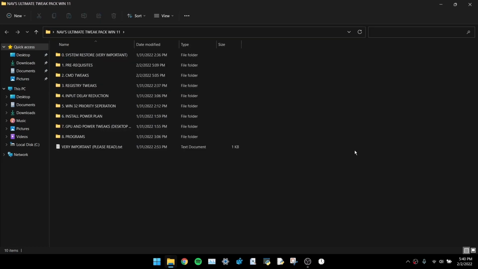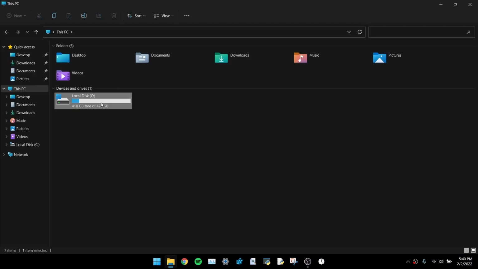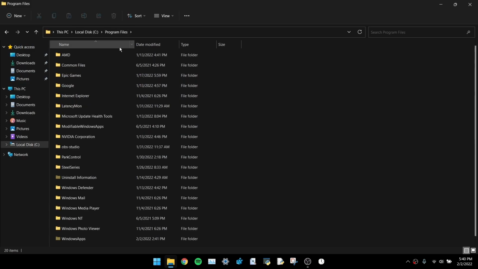So now that we're done with the tweak pack, guys, you can close this folder, and now there are some extra tweaks which I'm going to tell you, and you can apply them as well. So open your file explorer, go to C drive, basically go to where your game is installed. Mine is installed in program files,